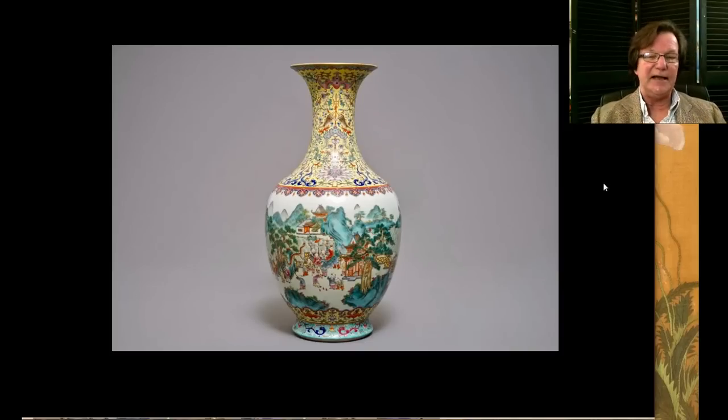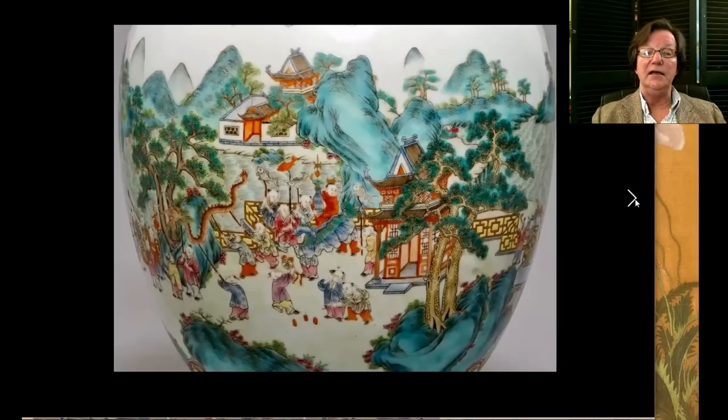He has it in the catalog as 19th or 20th century. Like I said, he's pretty conservative. And boy, I looked at this and I thought, what a vase. And blew it up and pulled in some of the detail. Again, with the kids, sort of reminiscent of the 100 Boys, but all these children carrying banners with fish on them and so forth. But the quality of the decoration on this just struck me as being awfully good for